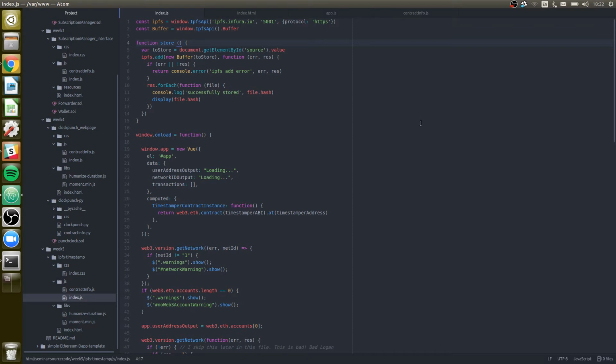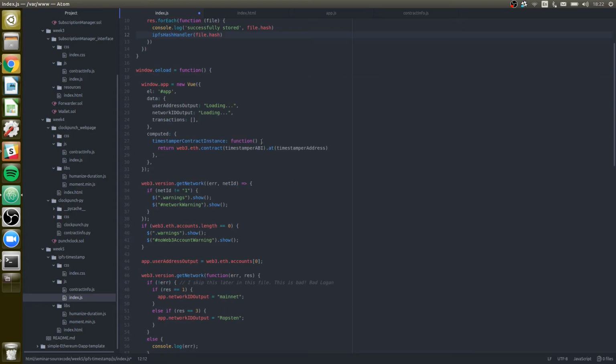So, how about handle IPFS hash? Or IPFS hash handler. Okay, now